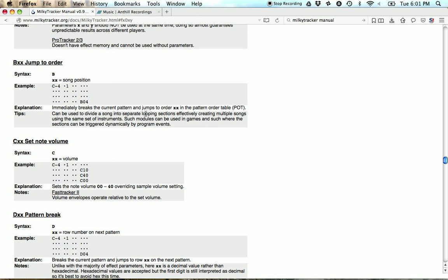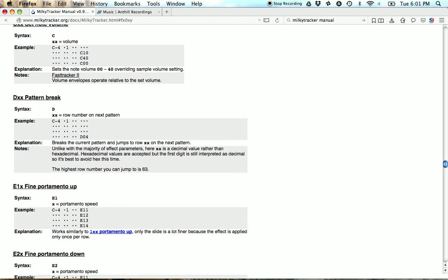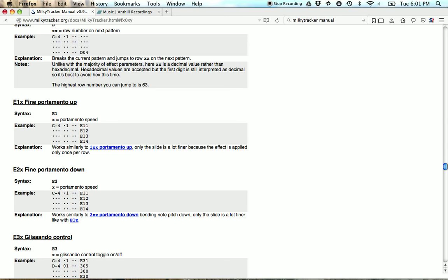And it's cool because you can keep the sequences or the pattern length down and basically use these things to jump around within the different patterns and blocks. So that's pretty cool. That's one you can play with. Note volume, pretty obvious what that does. Pattern break. This one I use a lot in